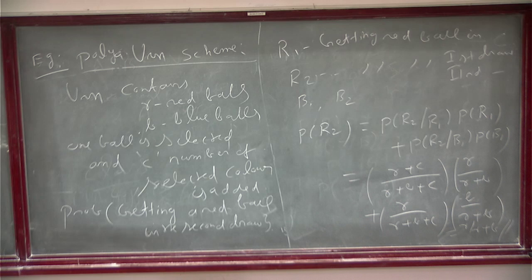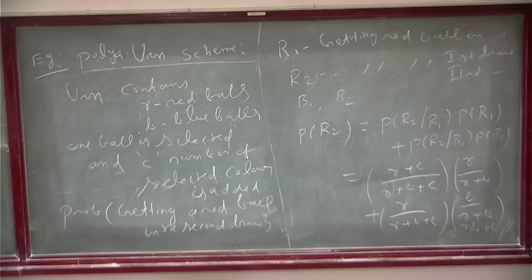A is one event and B is one event. We say A is independent of B if the conditional probability of A given B, you know B has happened, has no impact on A. That is what independence is. So you want P of A given B equal to P of A itself. But this is equal to P of A intersection B divided by P of B. So this will be P of A intersection B equal to P of A times P of B. So this is our definition of independence. This is just heuristic.